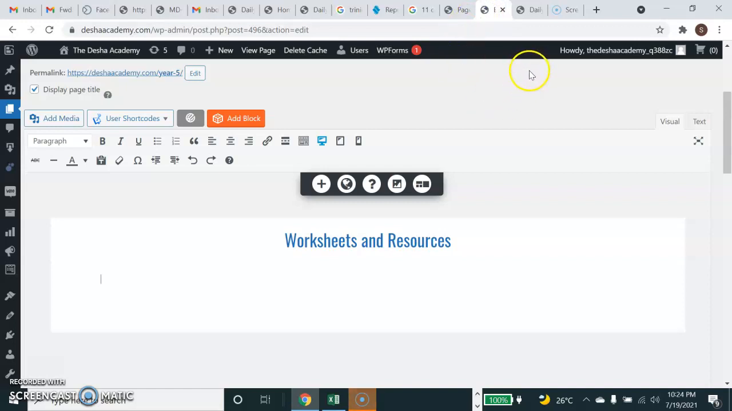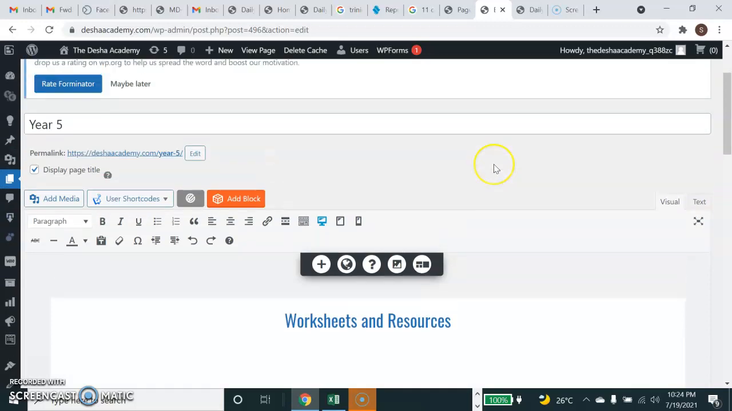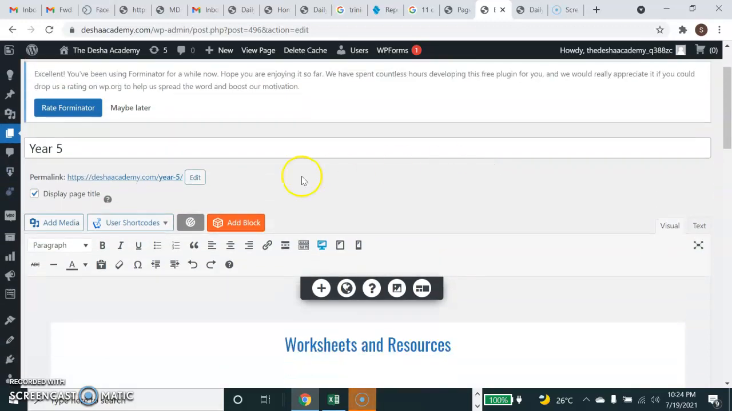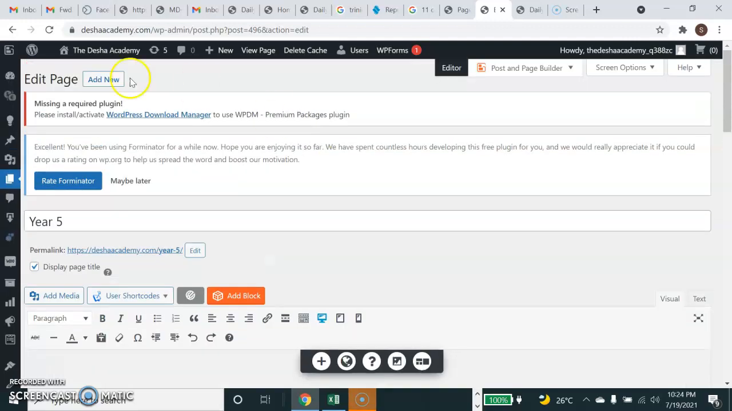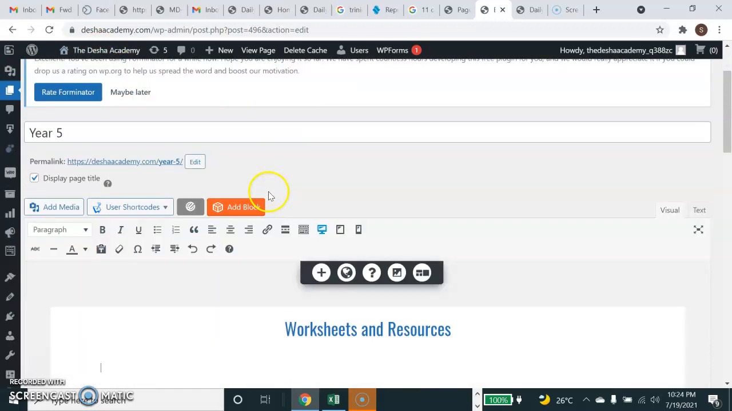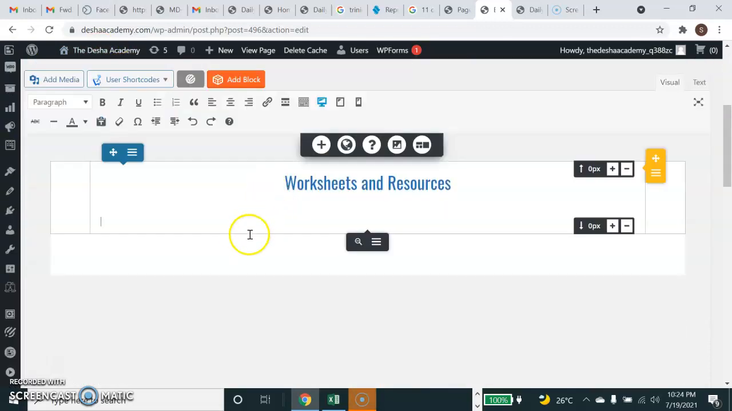I got this. What do we have here, right? Created this page, and you know how to do that. Just add new pages and add new. And what I'm going to do is I'm going to